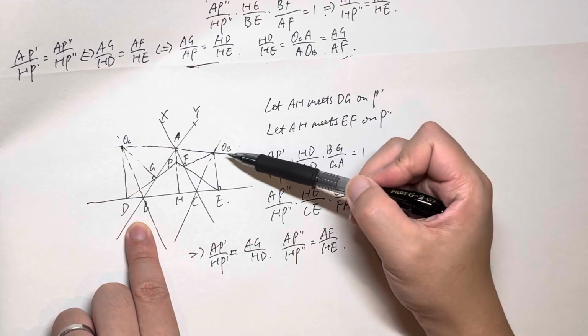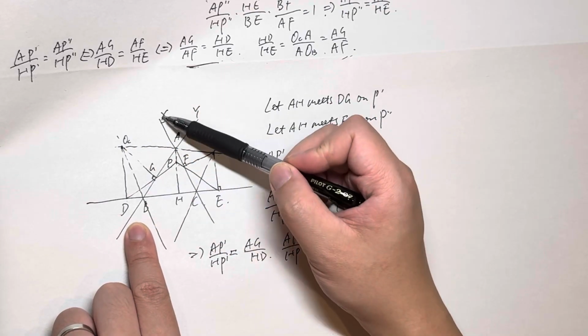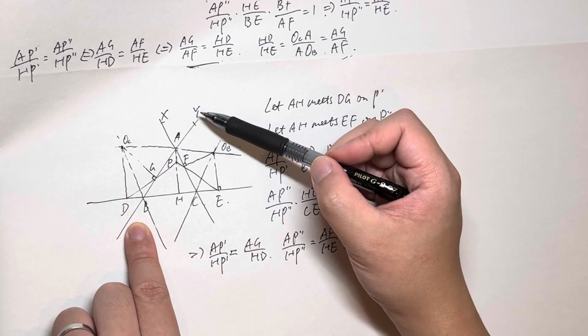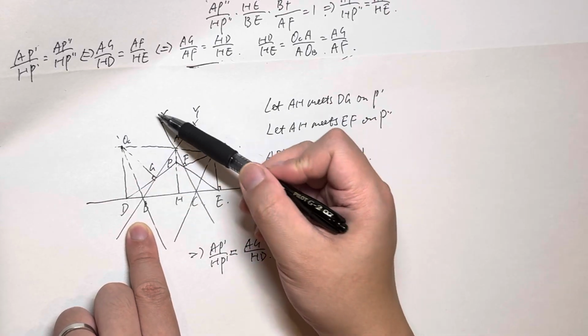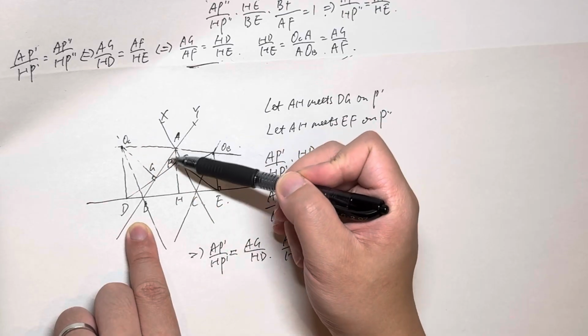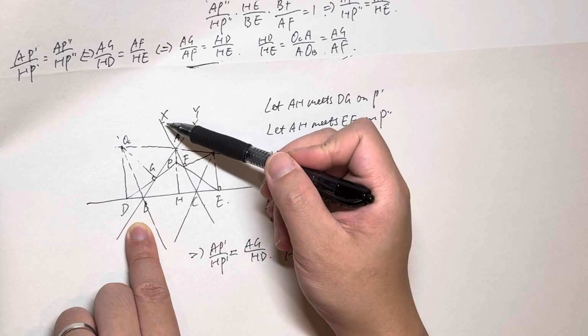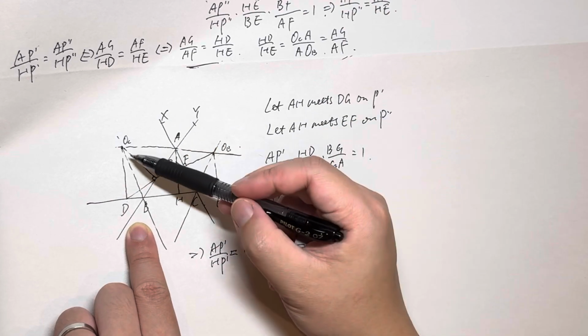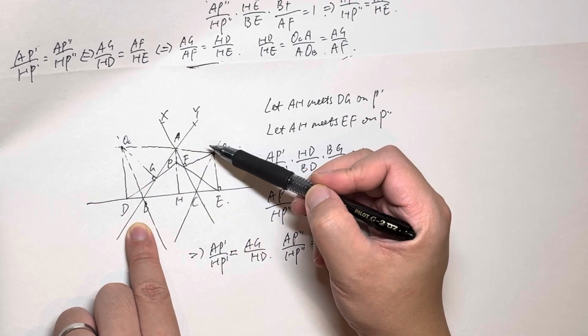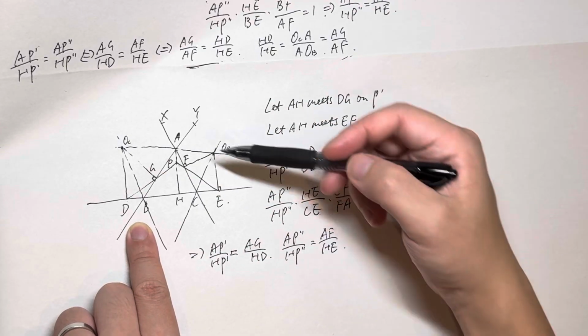And angle BAX equals angle CAY. That means angle OCAG equals angle OBAF equals half of angle BAX, which means triangle OCAG is similar to triangle OBAF, right? That means AF to AG equals